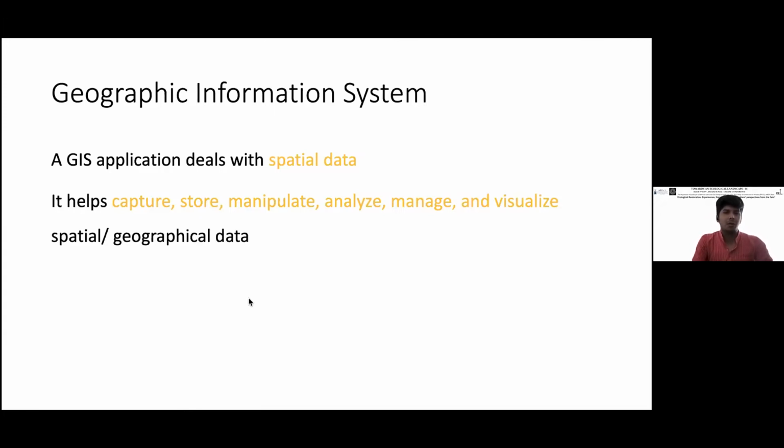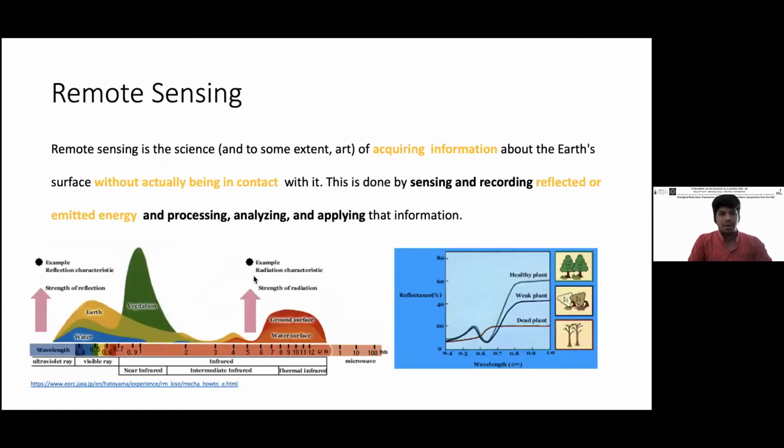So it basically allows you to capture, store, and manipulate any kind of information, analyze data, and of course visualize it. But what's at the core of a GIS system is probably the remote sensing data that feeds it information. Not only so, remote sensing is often described as an art, in addition to being a science of acquiring information. It's very similar to what you do with a camera, right? But the major difference is the instruments that are fitted on these satellites.